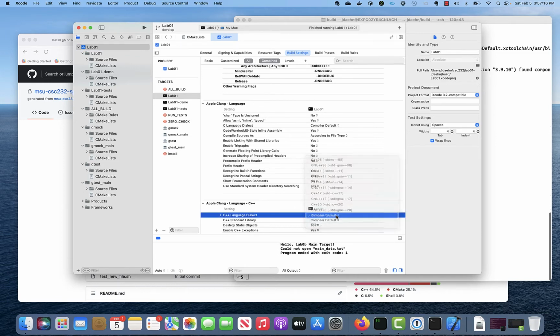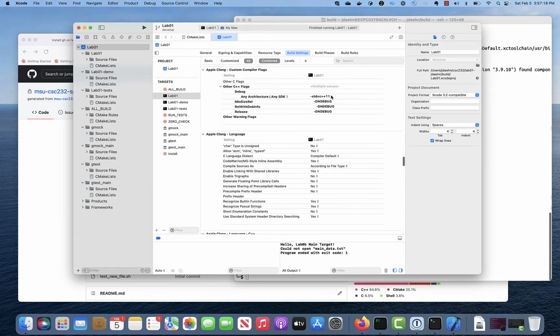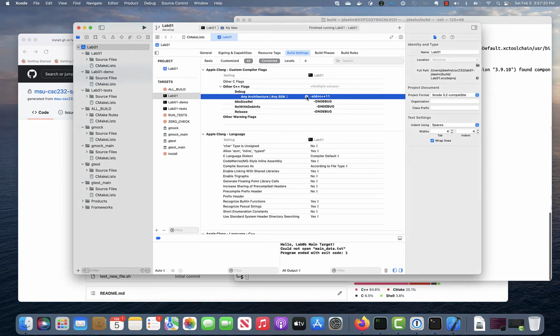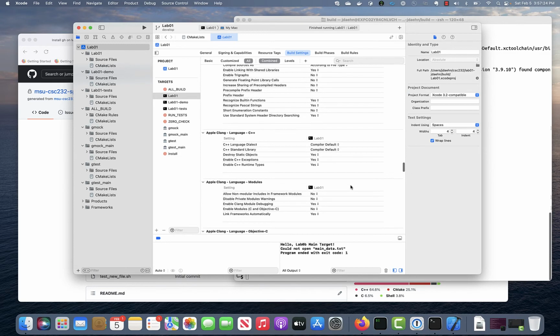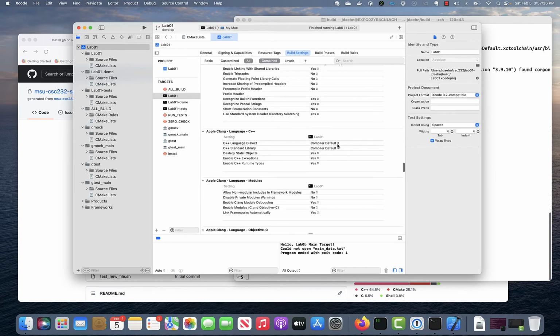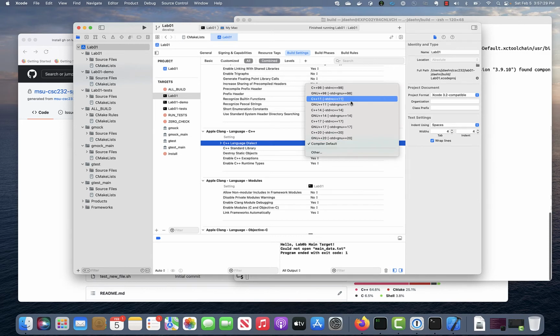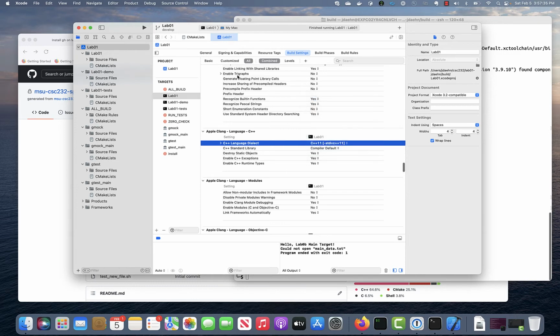Let's see, I wonder if I could have done that here. Ah, yes, this would probably be a better way to do it. I'm just going to get rid of this, and I'm going to come down here to choosing C++11. That should also work. So I'm rebuilding. It builds again, but now we're getting this issue about could not open main